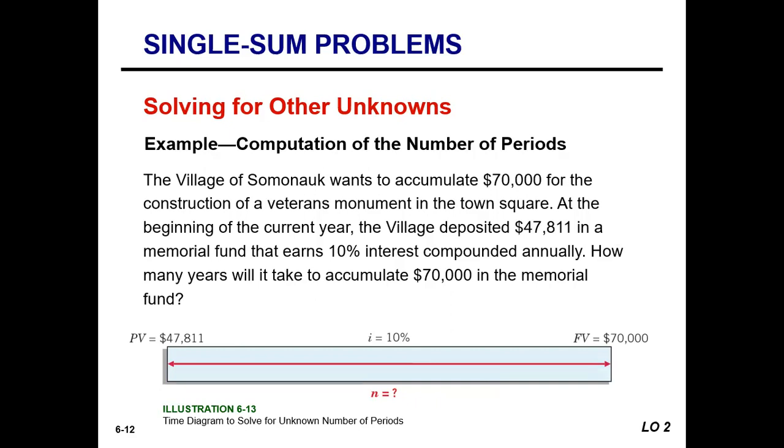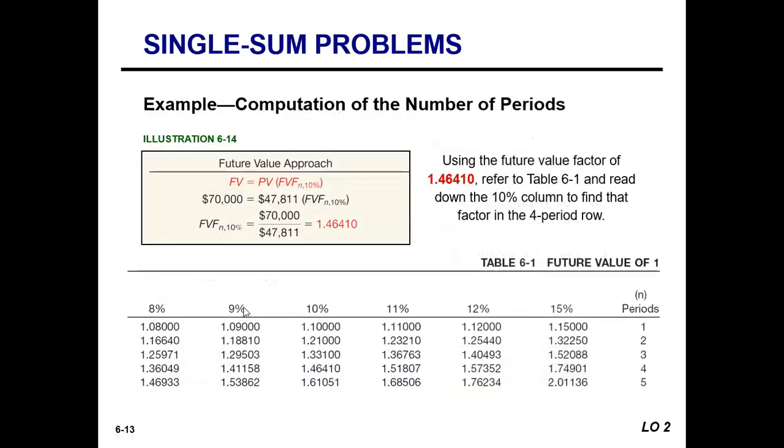So we don't know the number of years. We know what it's worth now. We know the present value. We know the interest we're going to earn. We know what we want it to be worth, future value. So then we can take that and calculate the number of periods. And so we see here,